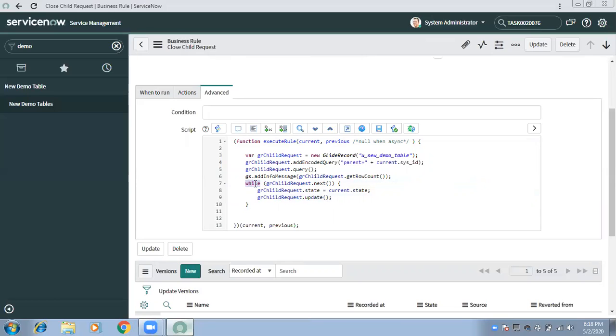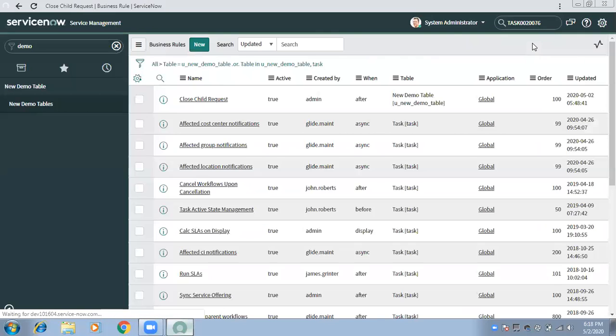So in business rules, can we say that mostly we'll be using while instead of if? No, you cannot say. Sometimes you will be sure you will always get just one record, then you have to use if only. In this scenario, we are getting multiple records. Yes, you can say mostly 60-70% of the time you may use while, but you will get if as well, where you will be sure.